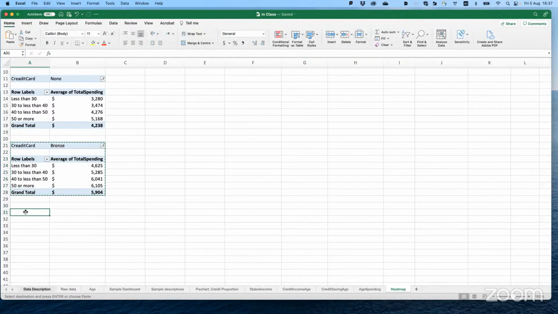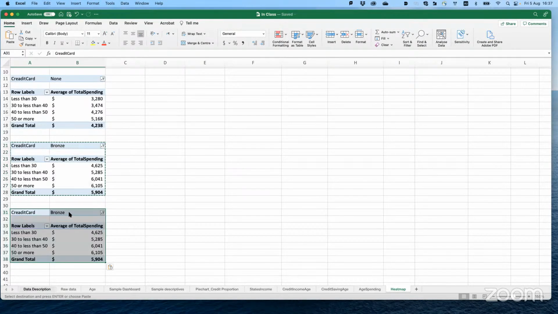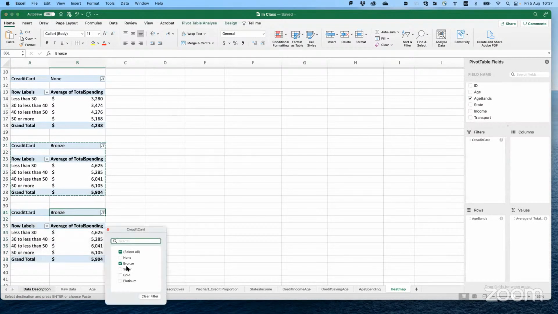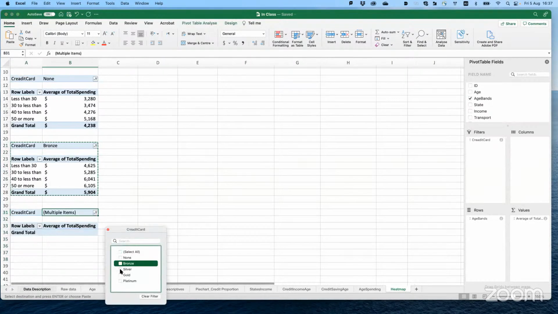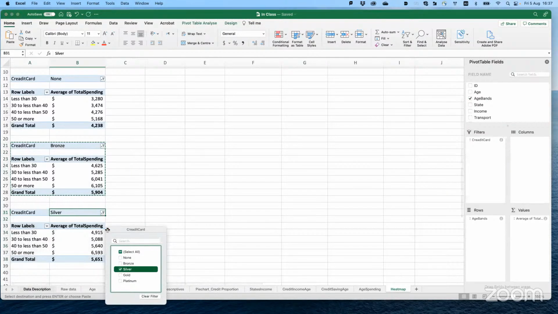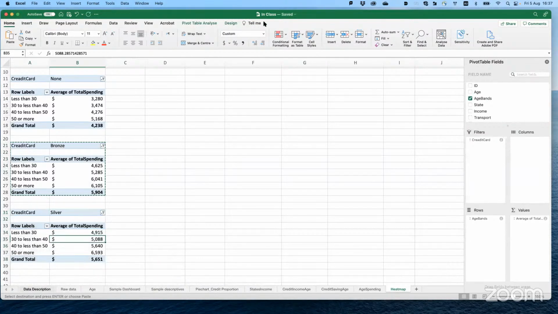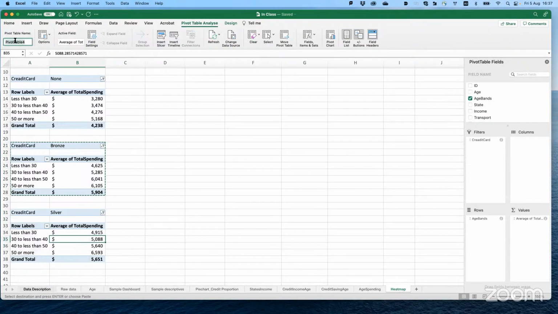So you need to create these pivot tables, one for each category. You change it to silver. Name it again, heat map silver.